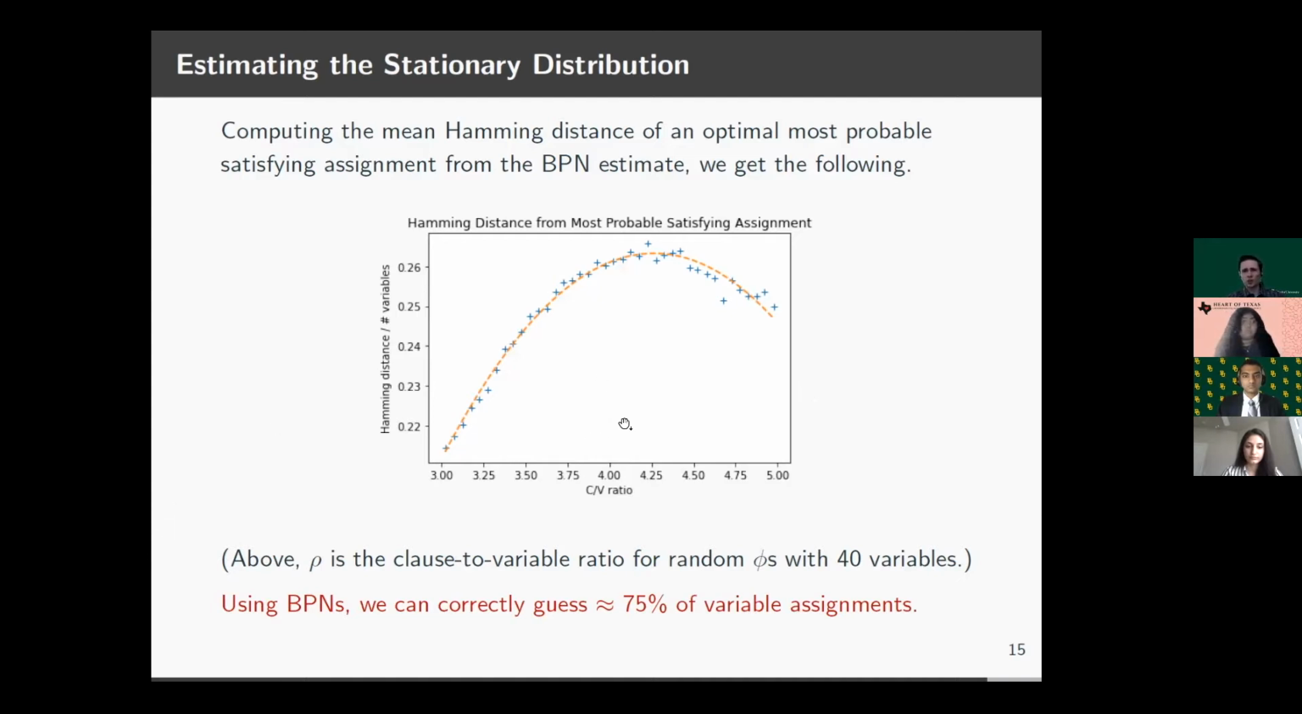One thing that's worth noting here is you sort of see this general trend where it increases and then decreases. This point where the cost to variable ratio is around 4.3 is actually what's called the phase transition point. Maybe we could talk about that, but it looks like